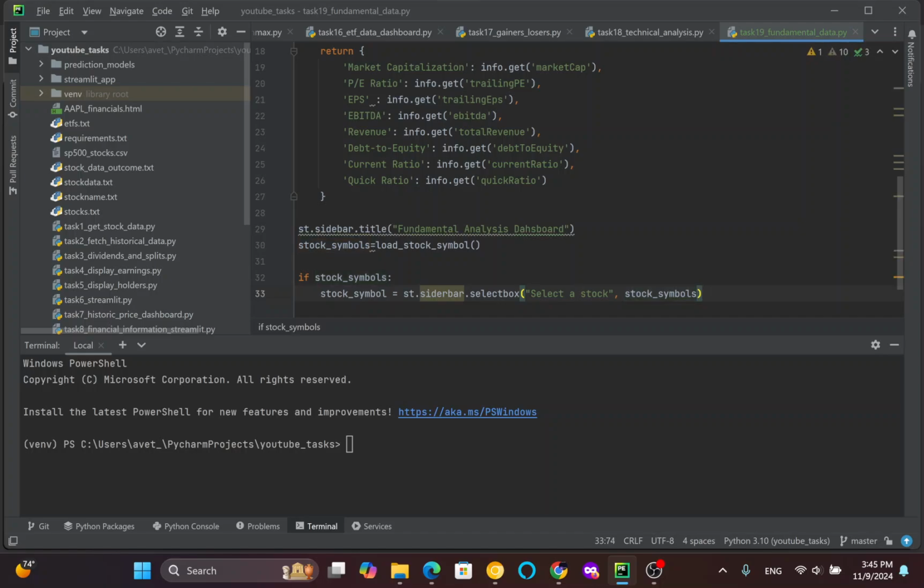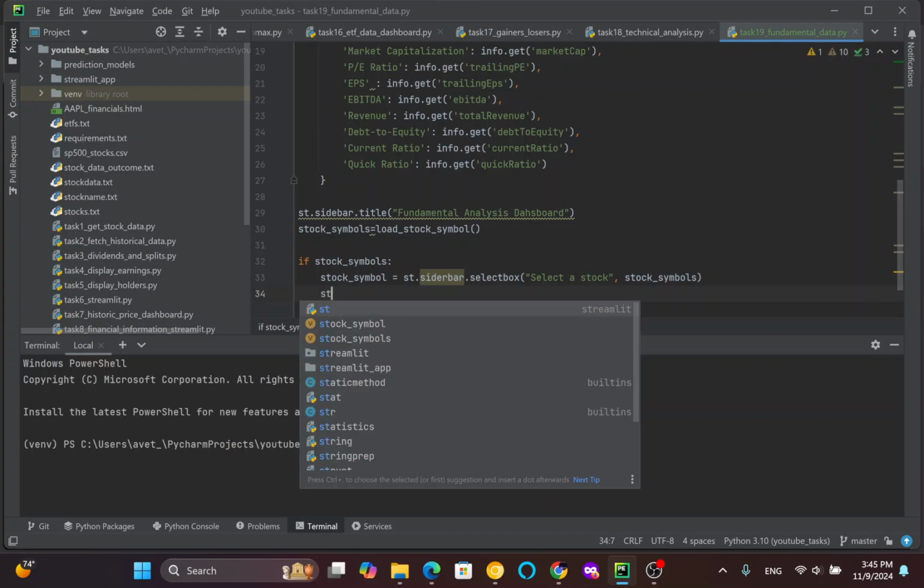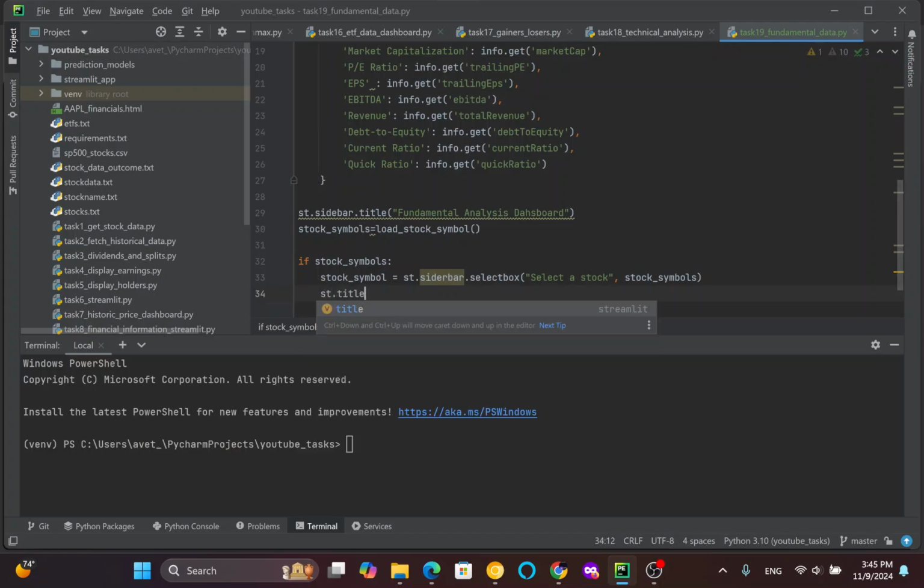So with these two lines, we are creating a drop-down selector where the user can select the stock for which they want to see the fundamental analysis data. And Streamlit title,